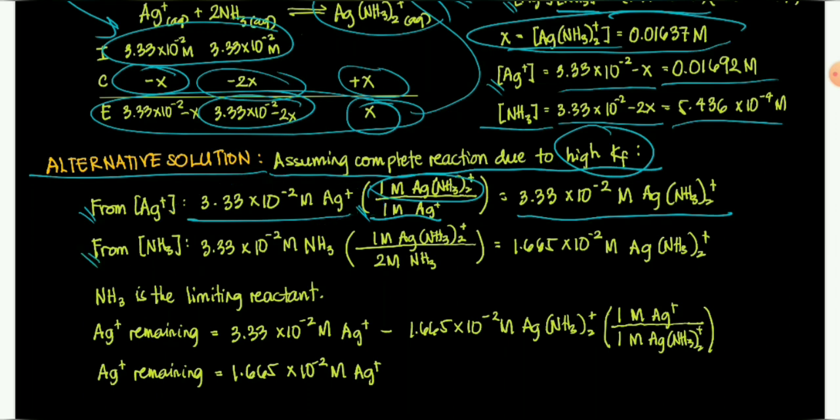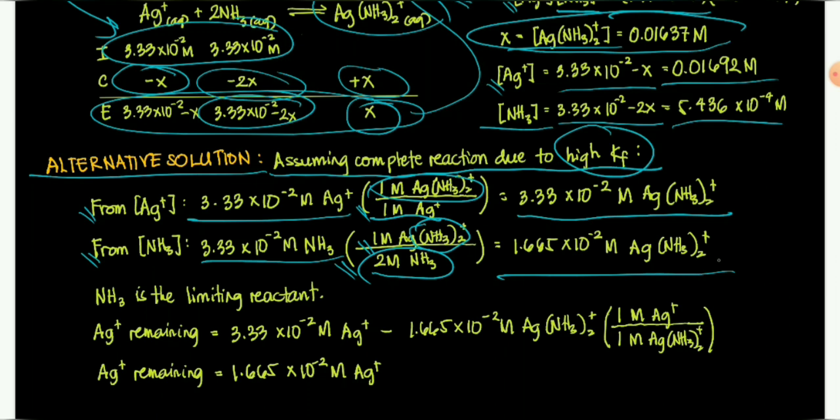So if our basis is the ammonia, that's 3.33 times 10 to the negative 2 molar ammonia. Okay? So we multiply it by the molar ratio, which is the same as the mole ratio since they have the same volume. So for every 2 molar of ammonia, you can produce 1 molar of diamine silver, because there are two ammonia in our diamine silver cation. So when you solve this, you will get 1.665 times 10 to the negative 2 molar of the diamine silver